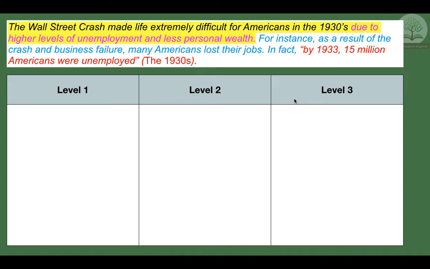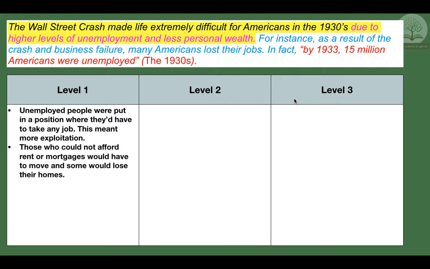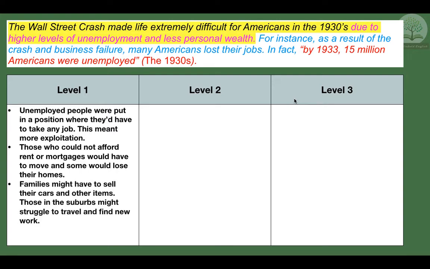When we analyse this, at level 1 we have to look at the smallest part, which again is the individual. We could say, unemployed people had to take any jobs they could. This meant that they'd be taken advantage of. We could say that those people could not afford the rent or mortgages, so they would lose their homes. We could talk about families having to sell their cars and other items. People in suburbs might struggle to travel. Or we could say that people would stop purchasing new products. So these would be the impacts upon the individual, and then at level 2, we'd have to think about the